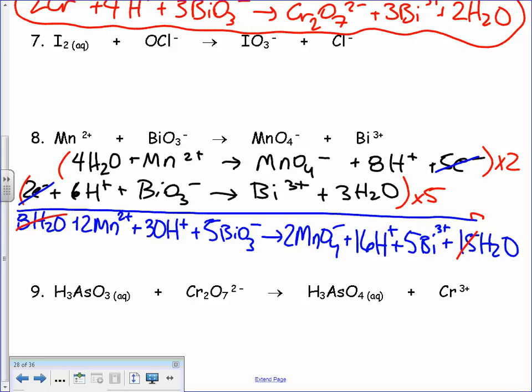7, because we had 15 and 8, so 15 minus 8 is 7 leftover. And then H pluses on both sides. We have 30 on one side, and how many on the other side? 16. So what do I cancel? We have 16 that go away, leaving us left over 14,